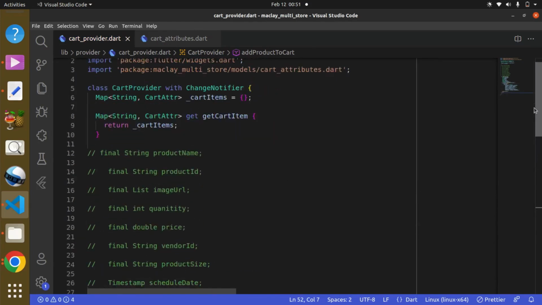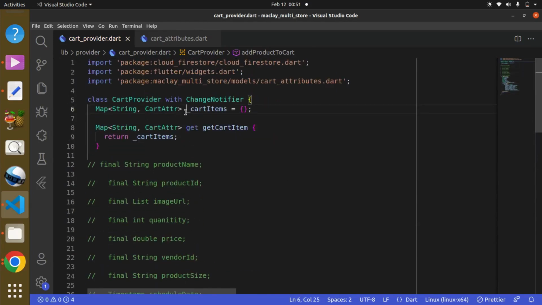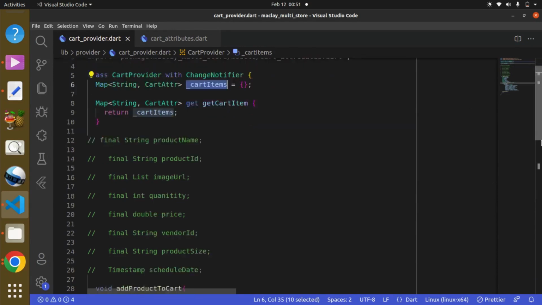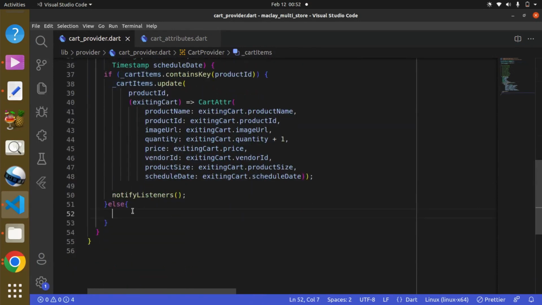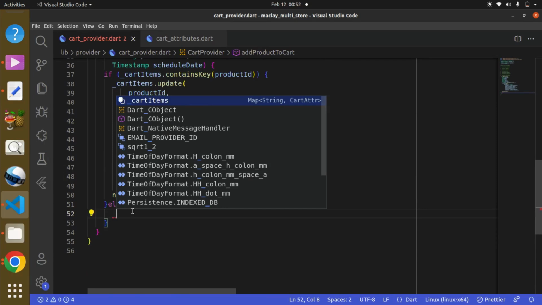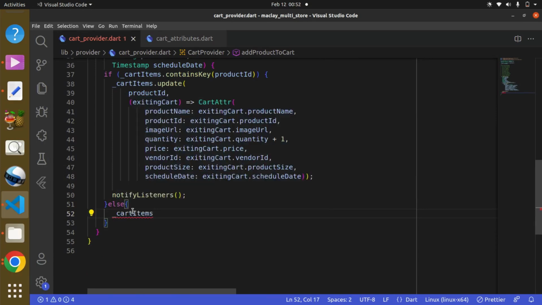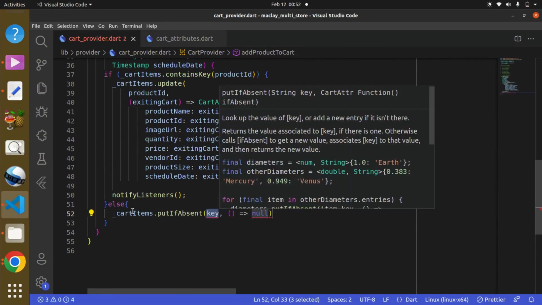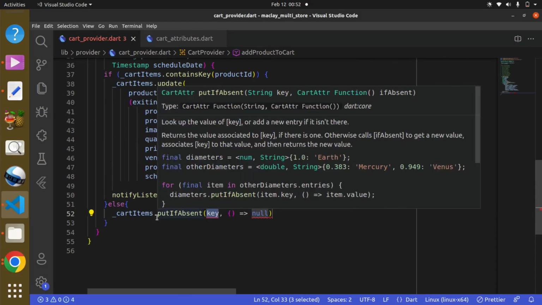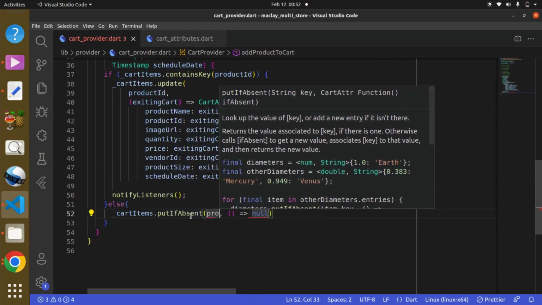And remember this variable we have over here is going to store all the added items. So again, we can call this variable _cartItems. Then we can check by using dot, then a method. Since it's a map, it is called putIfAbsent. That means the product has not yet been added, so we want to add it. And again, we want to add it based on the